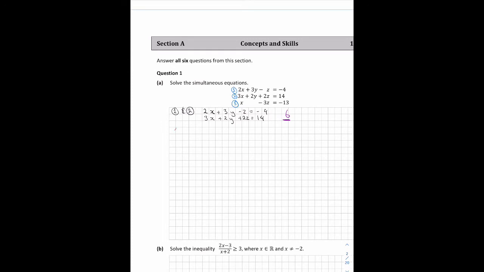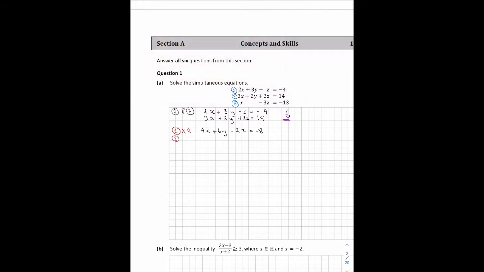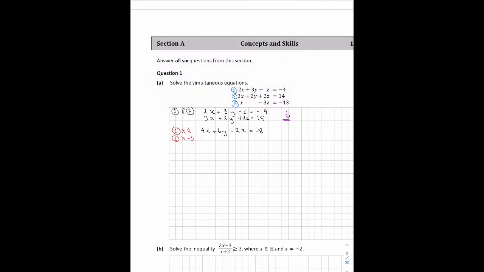So let's do that. Equation 1 multiplied by 2 is 4x plus 6y minus 2z is equal to minus 8. And then the second one, we're going to multiply equation 2 by minus 3. So we will end up with minus 9x minus 6y minus 6z is equal to 14 times 3, minus 42. Now combining those 2 equations, we see immediately that the 6y and the minus 6y will cancel,